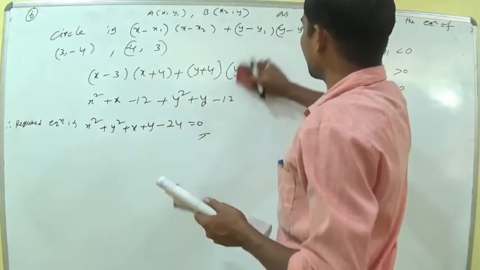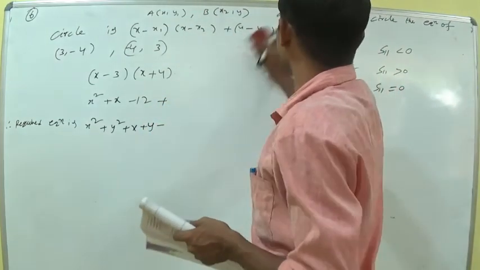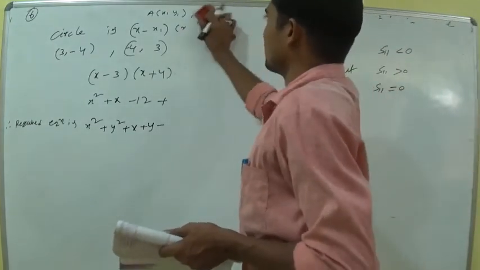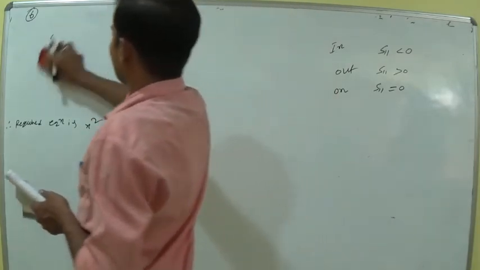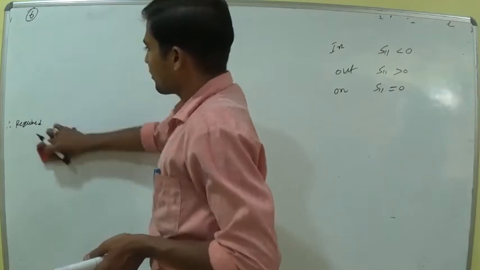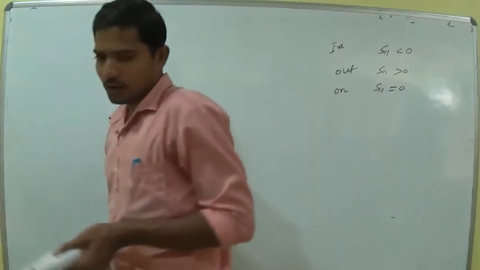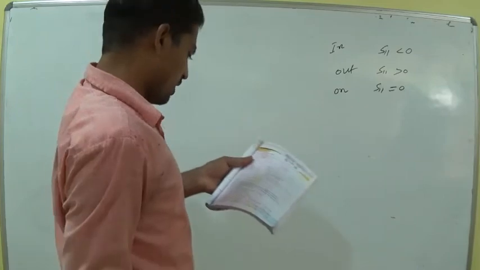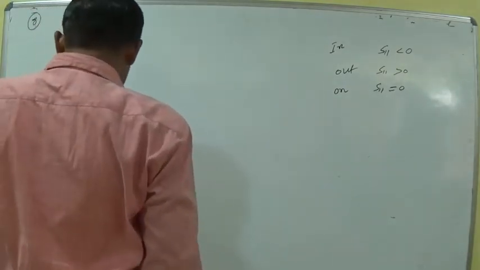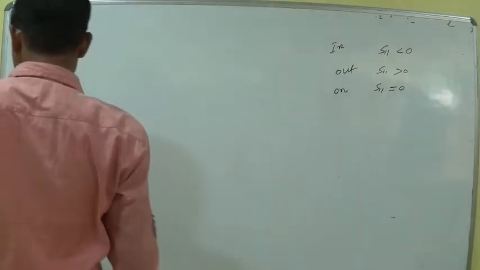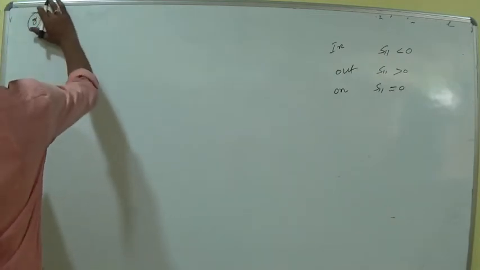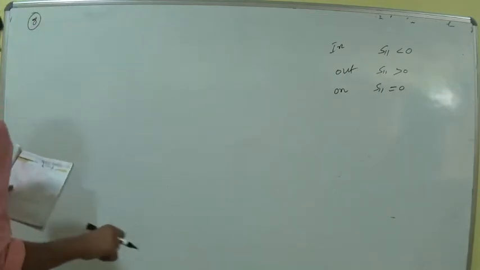I already explained the same model in the third problem and second problem. So one of them I will explain, and depending on that you can solve the remaining problems. It is not a matter. Now the eighth one is the position of the point. Position and power are different here. Try to find the difference between position and power.